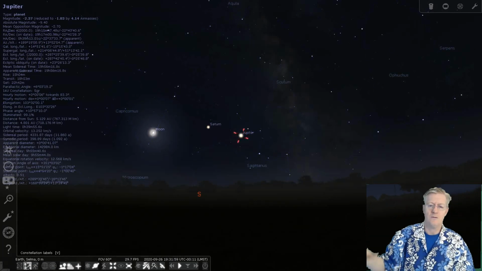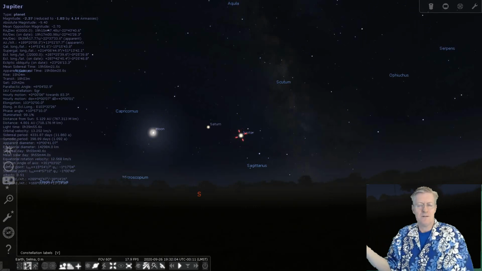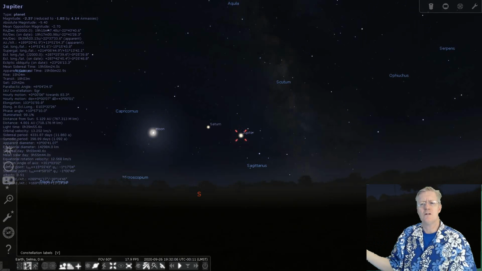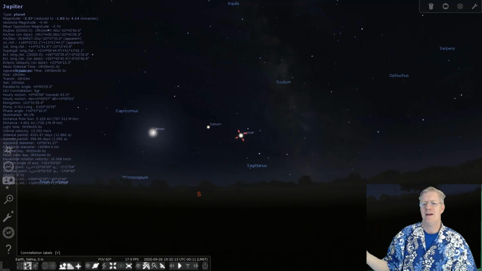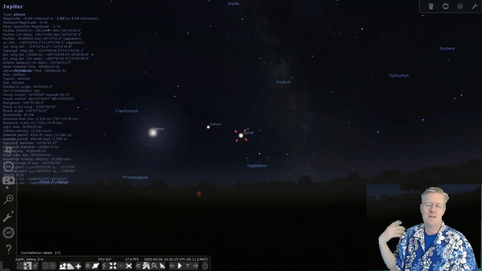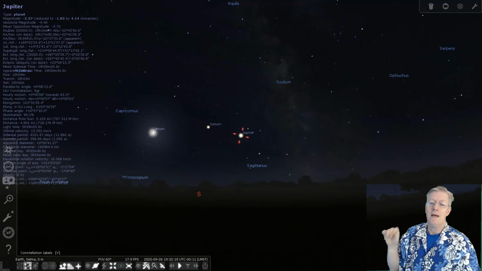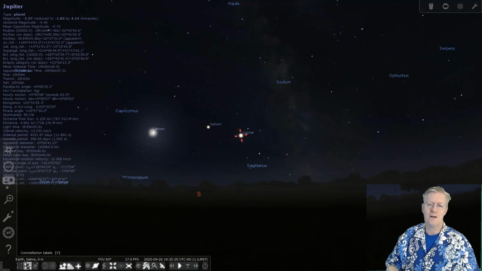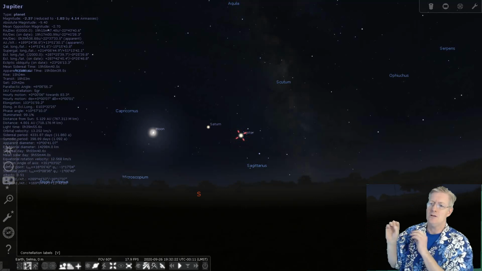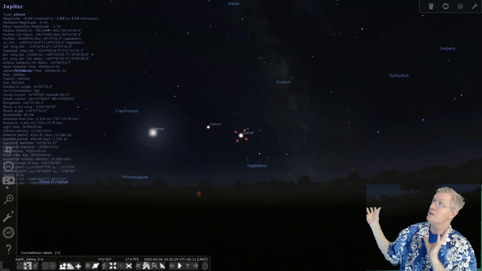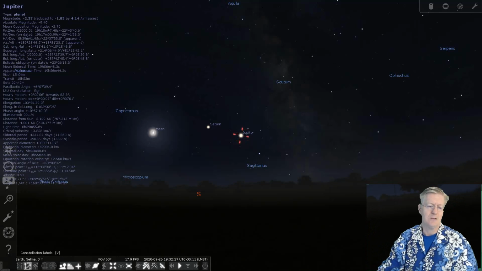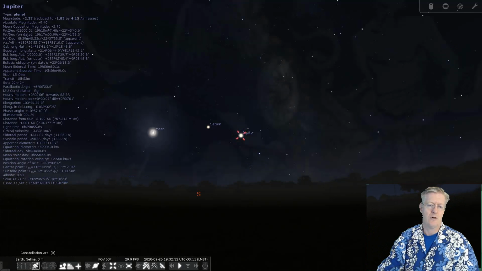The next one we have now is the labels. There you go. A lot of times, if you're reading an astronomy magazine or something online, they'll say, well, look towards Sagittarius, and you'll see this particular object. Maybe it's a comet or something like that during the time. You just turn on the constellation names if you didn't know, and it shows you the labels up there for you, which is absolutely great. I love this.